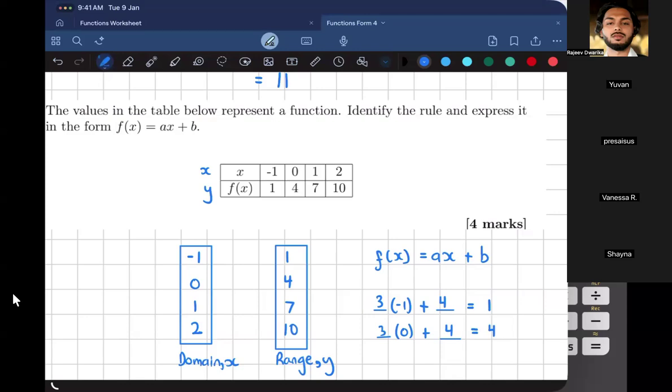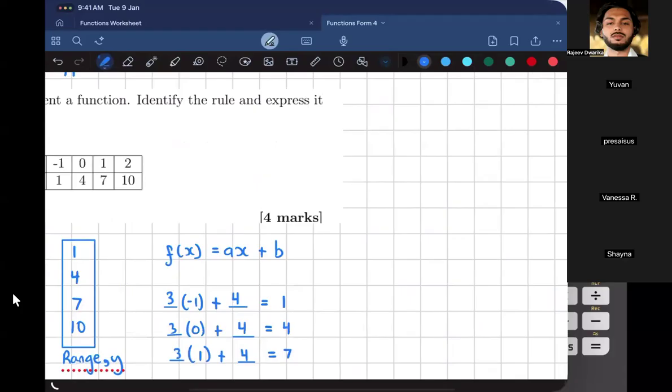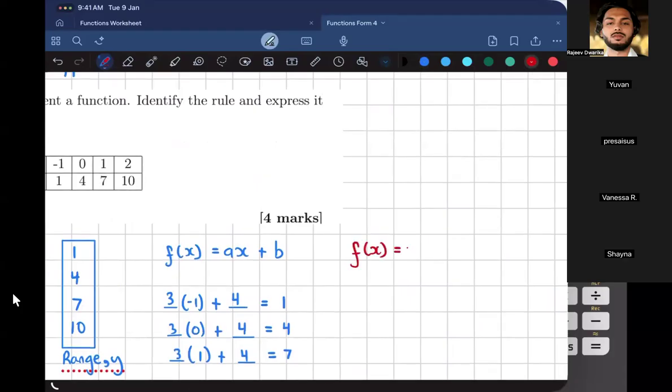So again, Yvonne, you are saying you're multiplying the number by 3, right? In this case, the number is 1. We multiply by 3 and add 4 to that. If we're correct, you're supposed to get 7. What is 3 times 1? 3. 3 plus 4 is 7. Right. So then my function would be, f of x would be what? f of x will be 3